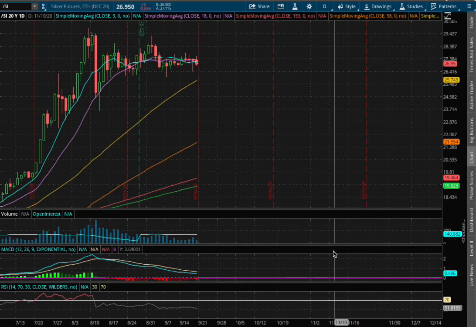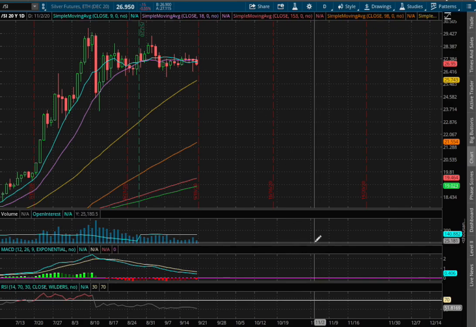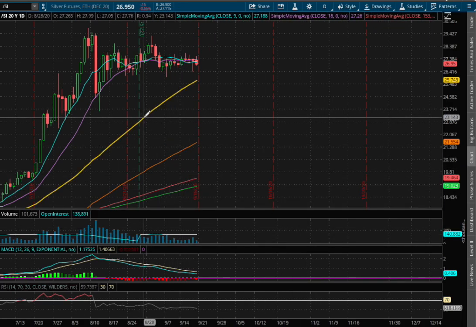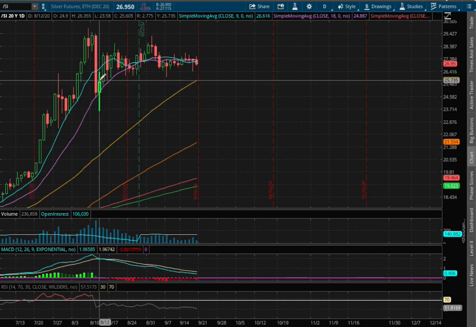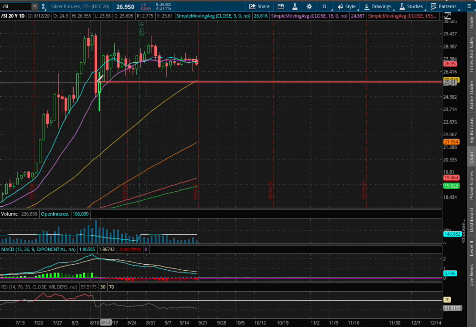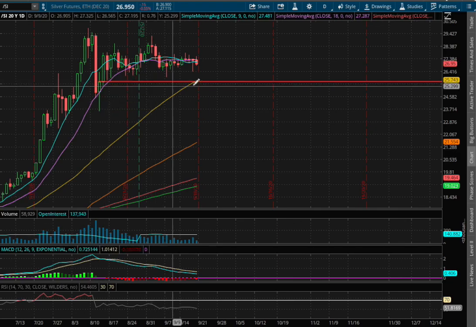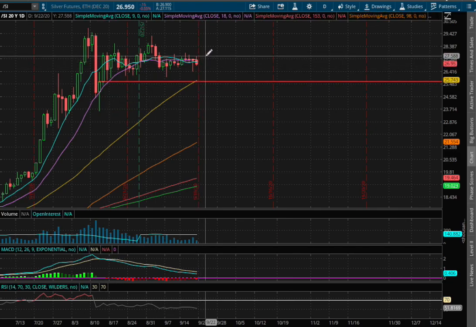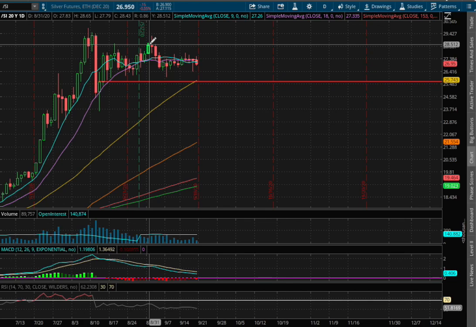So for the moment, if we do continue to slope lower, the next possible support will be the 50-day moving average, this yellow line, at the price of $25.74. And that coincides with past support levels that dated back all the way to August 12th. And to the upside, if we do manage to reverse higher, the next resistance will be where we made past resistance that dated back to September 1st at the price of